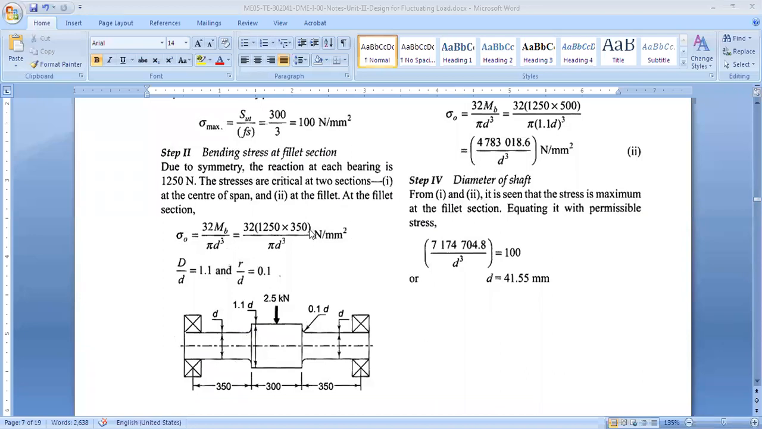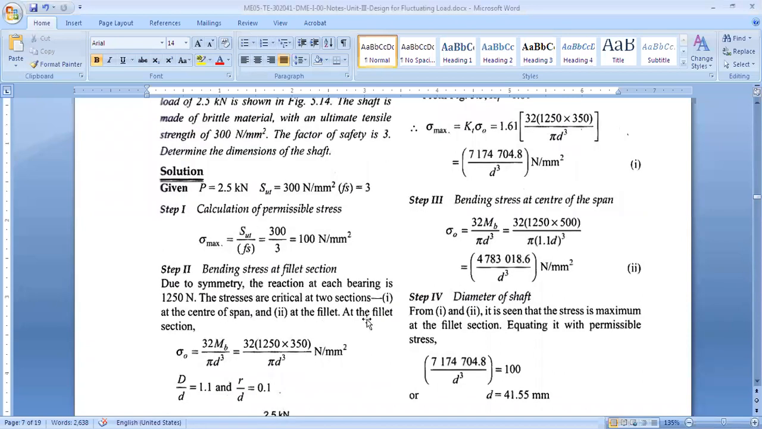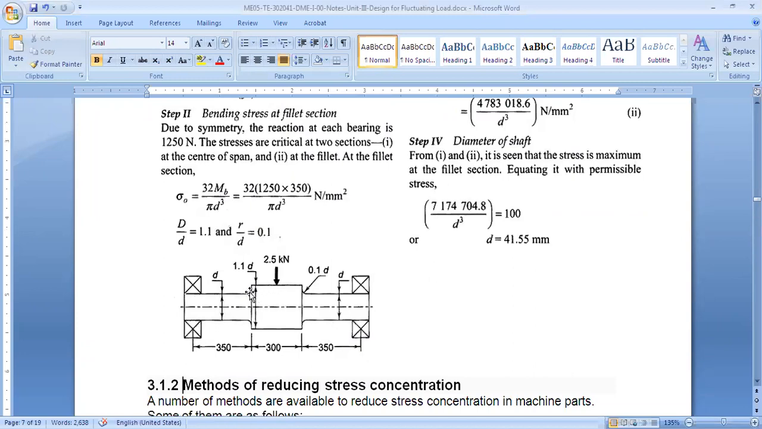Okay. So I was telling you now, there is a change in the dimension. Diameter is getting increased. Because of that, there will be stress concentration, and that means the design will not be straightforward. So first of all, we will see what is the bending stress at the fillet section, right? And then we will see what is the bending at the center. So we have to see,